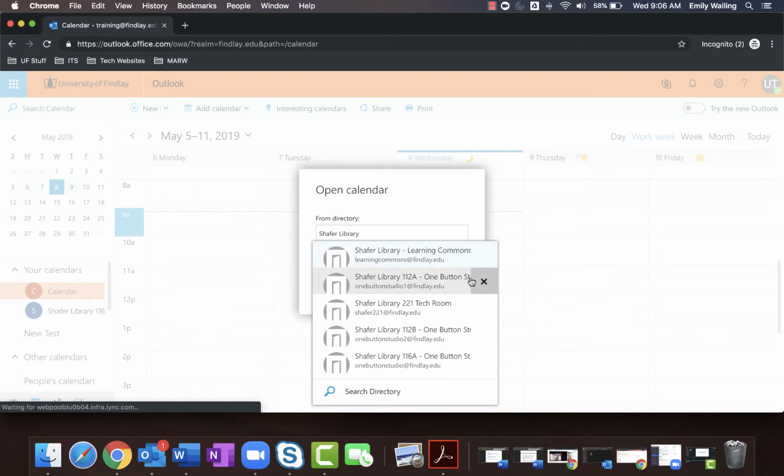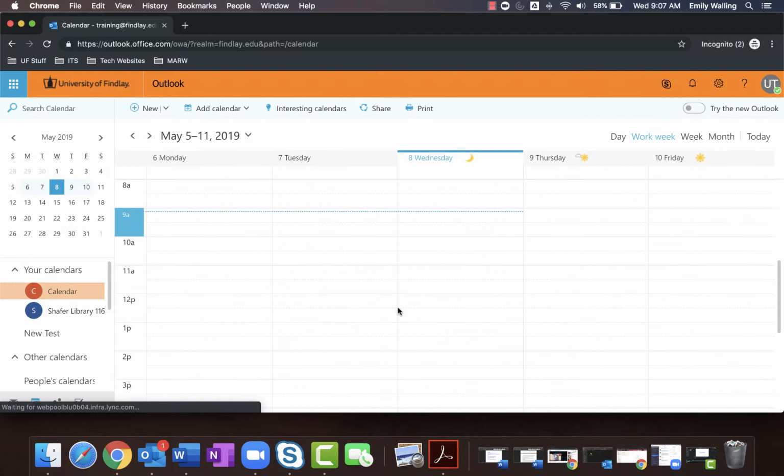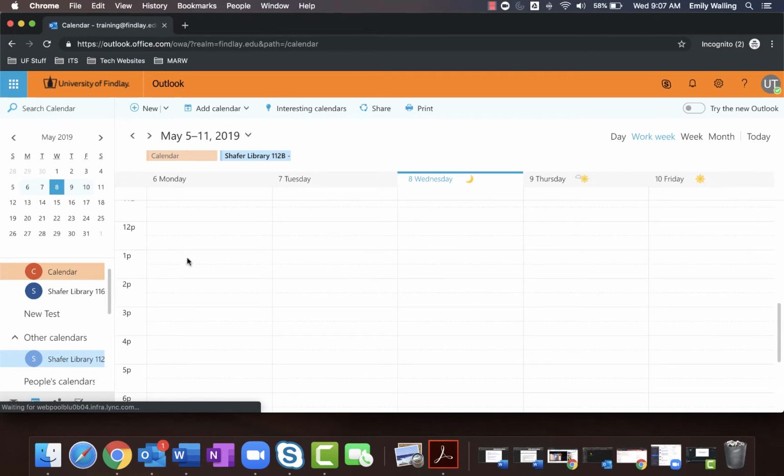You should see 112A and 112B, which are the studios on the far end of the Learning Commons, and then 116A, which is the lightboard room back by the ATS offices. So select the calendar you want to upload, and then press open, and it'll add the calendar over here on the side for you. Now there's none on here right now that we're getting into summer, but if we backtrack,